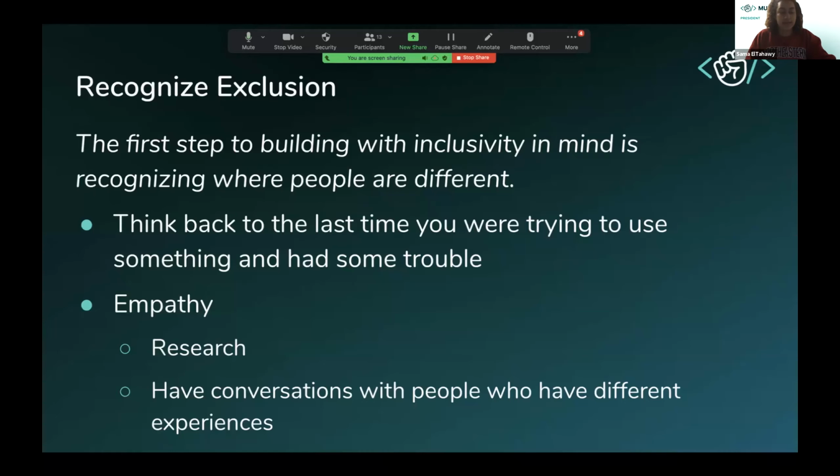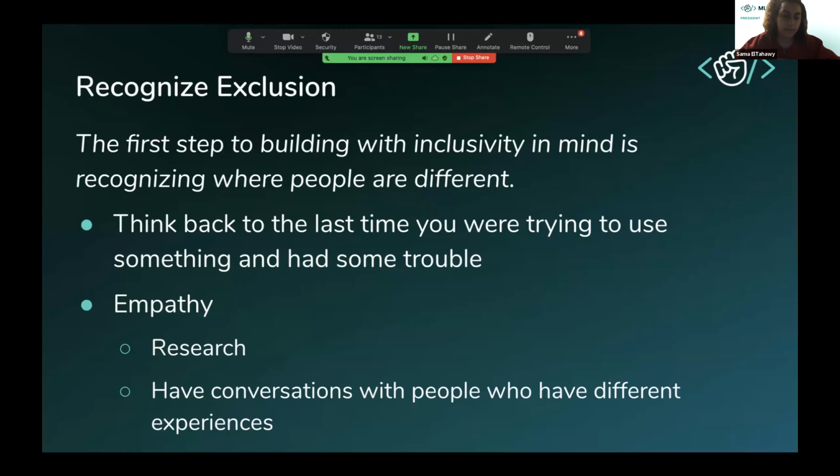To get to empathy, I just mentioned two ways here that you can be empathetic. One way is research, Google. Learning more about other people, you can spend that time to research what's inclusive, what struggles people deal with in their everyday lives that can be helpful in your app or whatever you're building, whether it's a video app or you're writing a paper. And then the next one is to have conversations with people who have different experiences than you. Understanding different perspectives is super important when